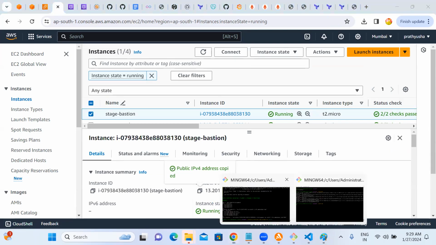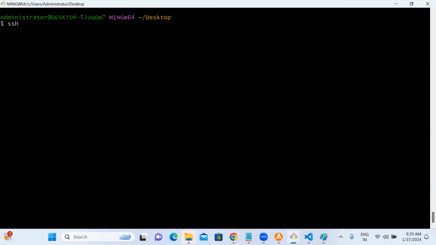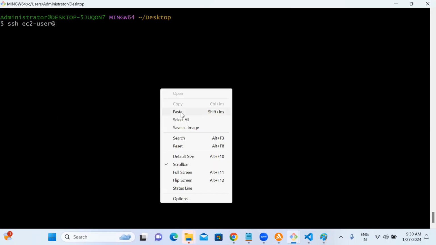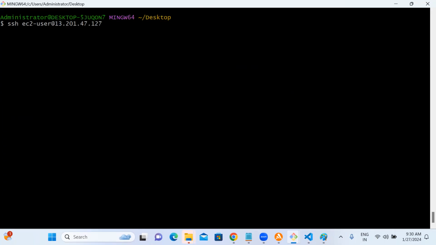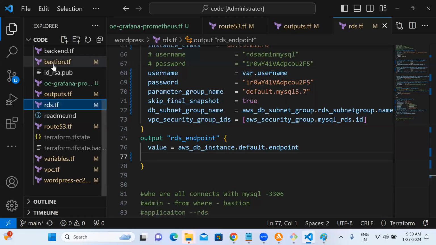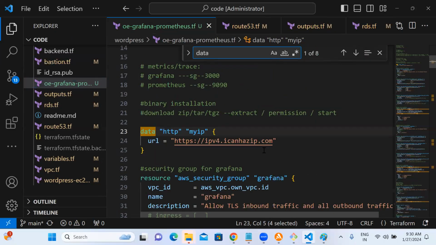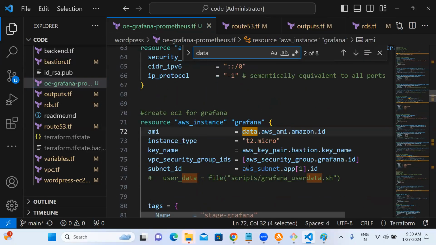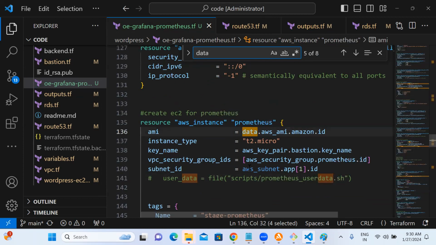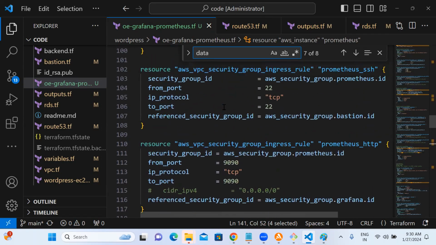Yesterday I already copied the SSH pub file there. Let me make this dynamic too, so next time onwards it updates automatically, because I don't want to do this with my IP address every time.